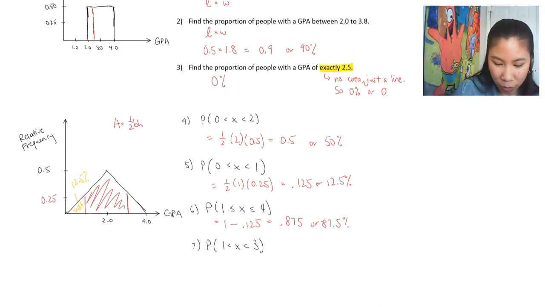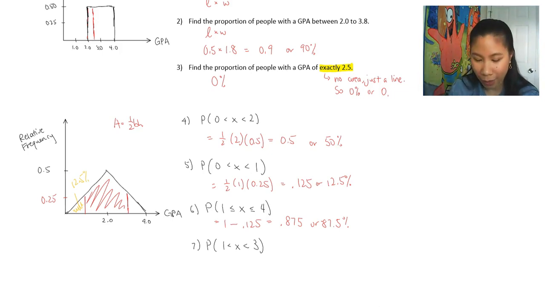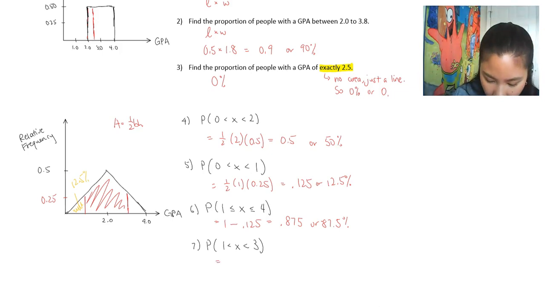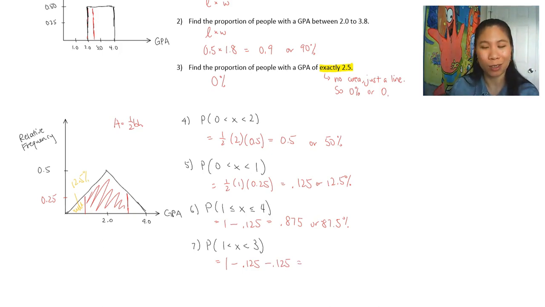So, drawing out my picture, I've got this red portion shaded, and then I kept that 12.5 on the outside from the last example. But looking at our graph, we know that this triangle is symmetric, so looking for this red area, rather than this weird shape again, I can just subtract out the two sides. So I can subtract out the 0.125 from the left side and the 0.125 from the right side, and then that'll give me the center area. So when I do that, I end up with 0.75, or 75% of people have a GPA between 1 and